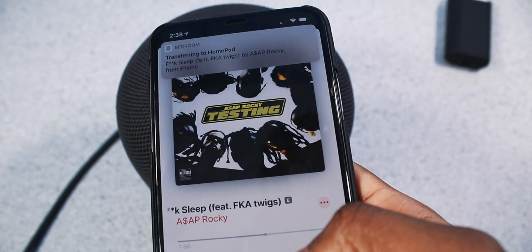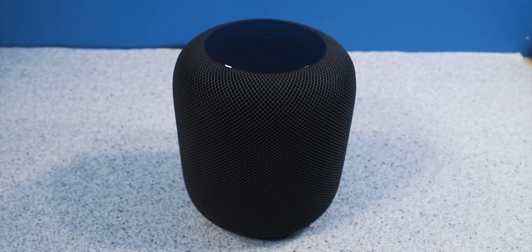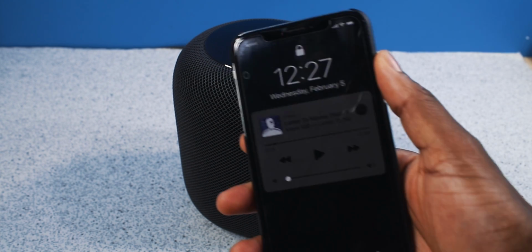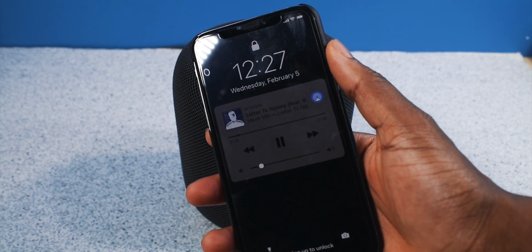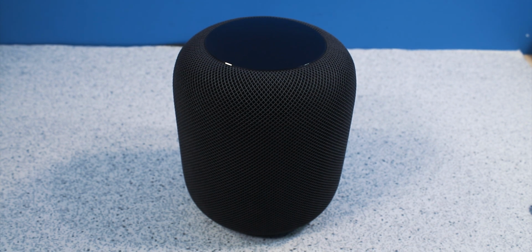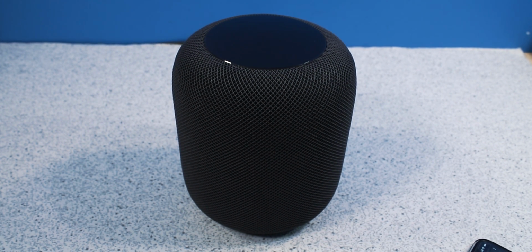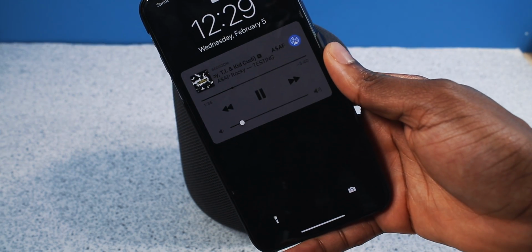So hands off is a very unique feature. All you guys got to do is just have media playing on your iPhone and hover over to your HomePod and it's automatically going to transfer the media. Look. That is just insane. And if it's phone calls, podcasts, or you're watching a YouTube video and you want to amplify the sound, you can do that just fine. And by the way, it works on any iPhone. So if I'm hovering on my iPhone 11 Pro Max,